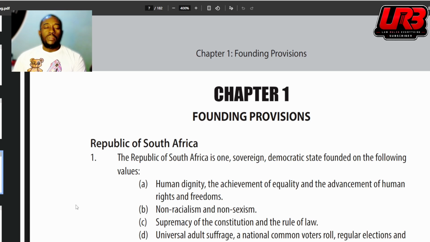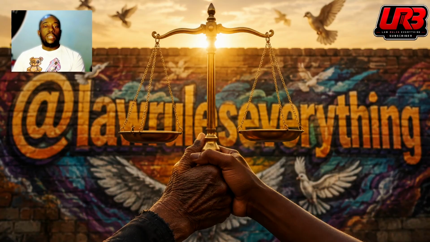Subsection A. Am I reading it properly? Usually alphabets are paragraphs, but it is what it is. Human dignity, the achievement of equality, and the advancement of human rights and freedom. So this is basically what this represents. Human dignity, the advancement of human rights and freedom. So the image itself,